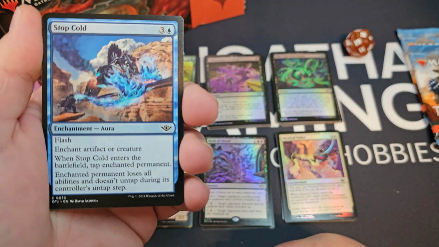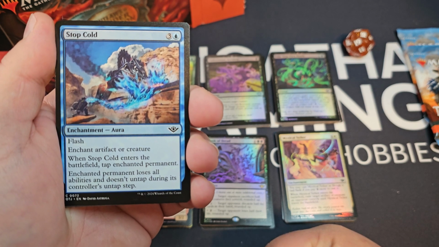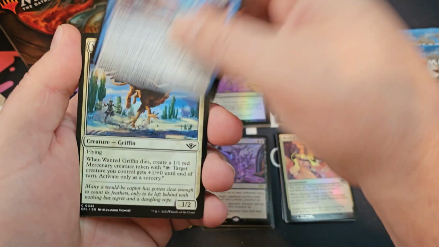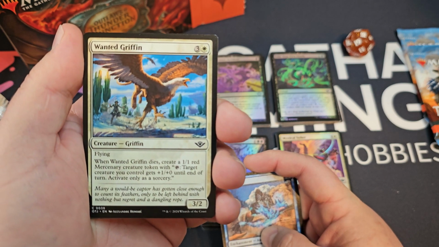Stop Cold. 4 mana. Flash. Enchant artifact or creature. Tap the enchanted permanent. It loses all abilities and doesn't untap during its controller's untap step. Nice. Wanted Griffin. Create a 1/1 red Mercenary token with